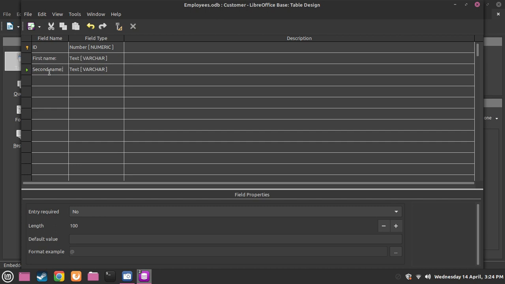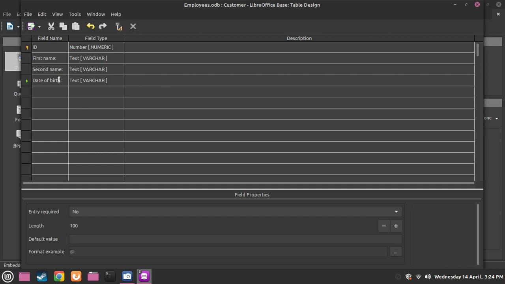So now this will be second name, and we're going to have it as a text type. Okay, so we do have an ID, we also have a first name, we also have a second name. Just make sure that we keep on saving our work, because sometimes it can crash. Every software can crash sometimes, so we just need to make sure that it's fully up to date, as updated as we can make it. Date of birth,